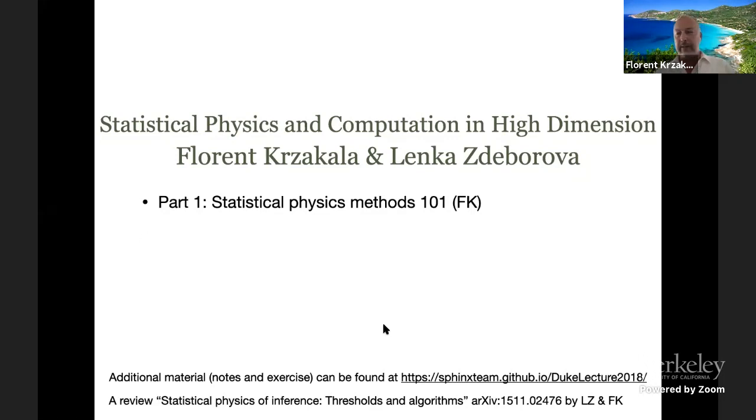All right, so let's start. Today, Statistical Physics Method 101. All right, it's not really 101. I'm not gonna teach statistical physics, but you don't need to. I think what you need here is to have a dictionary about the vocabulary used in statistical physics with respect to what you use generically in computer science and more generically in probability theory. And this is what I'm going to discuss today. I hope the material will be clear enough for everyone.